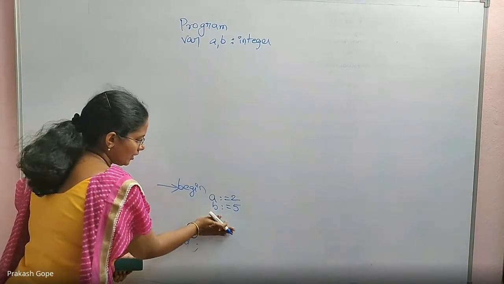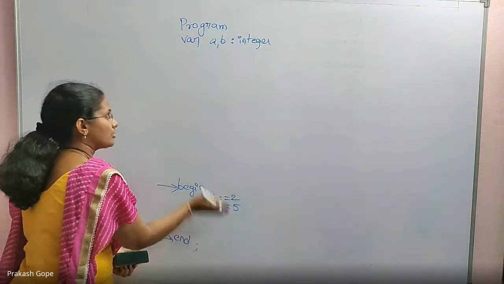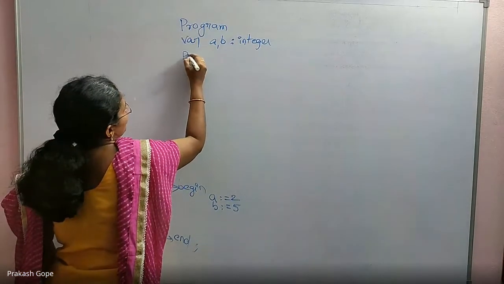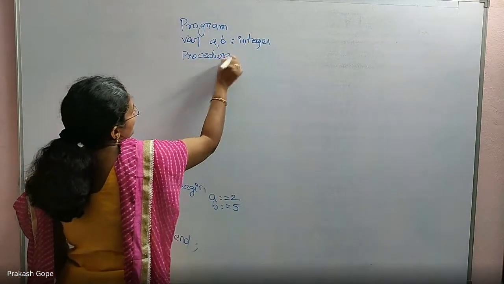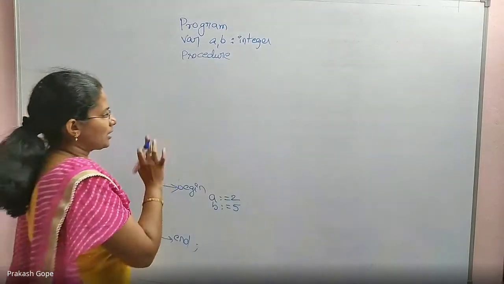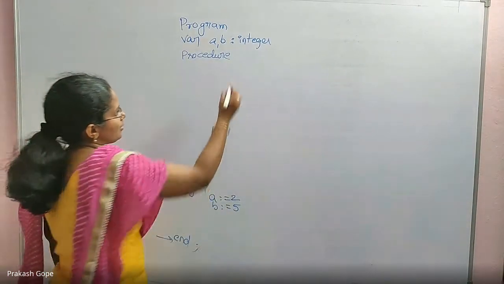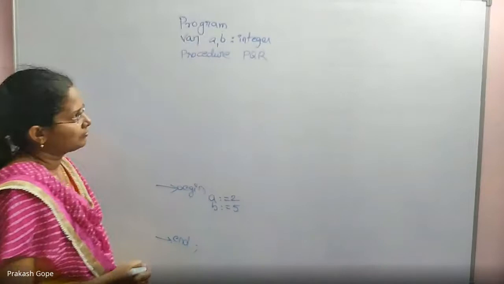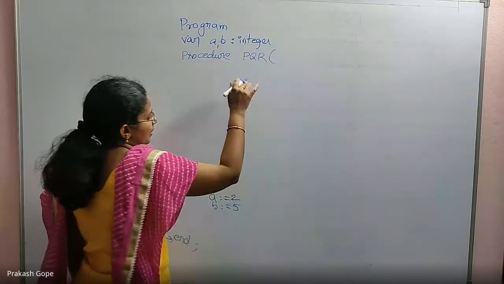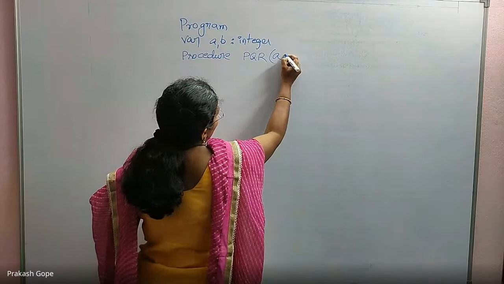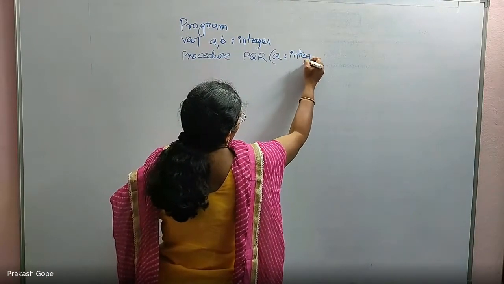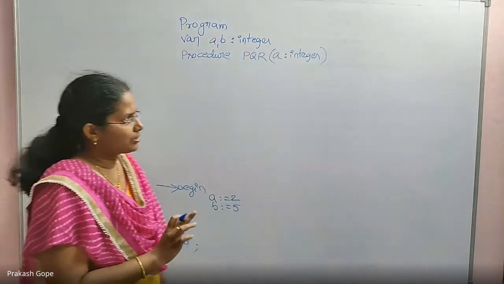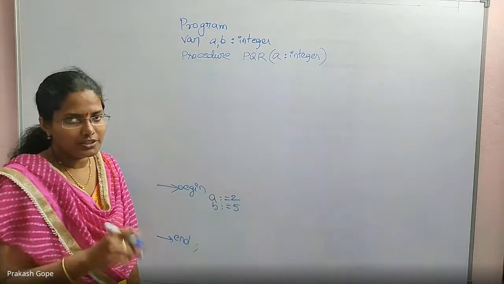But then, if you have any function calls or procedure calls, there can be procedures and functions that we will declare here. If it is a procedure, I'll start with the procedure keyword. If it is a function, I'll start with the function keyword. Procedure name is PQR, for example, for which I am passing a parameter called a, and that is also integer. Because it's a procedure, it doesn't return anything. Difference between procedure and function: procedure doesn't return anything, function returns a value.